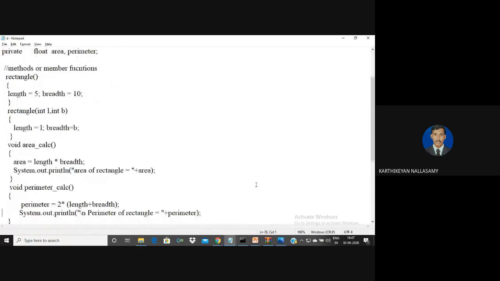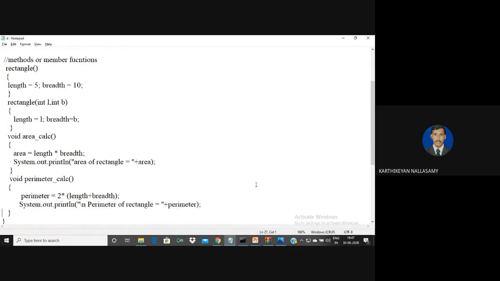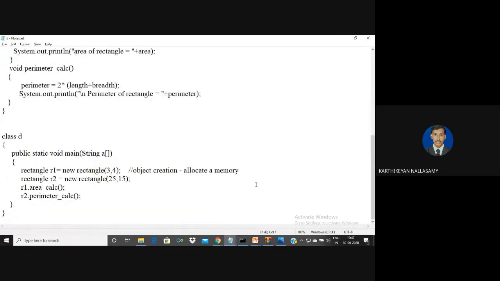If it is overriding, the same function name and the same number of arguments are defined in a base class and a derived class. That is the inheritance concept, and it comes under the category of overriding. We'll discuss the concept of overriding in a later part. Now the topic polymorphism is over, and the next property is message passing.